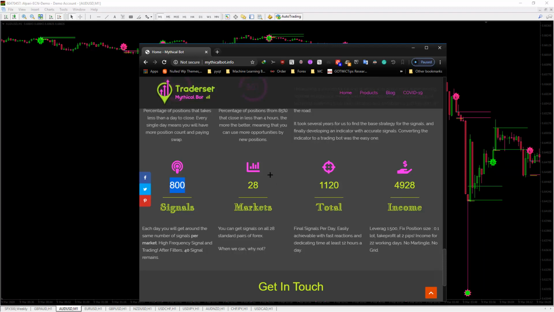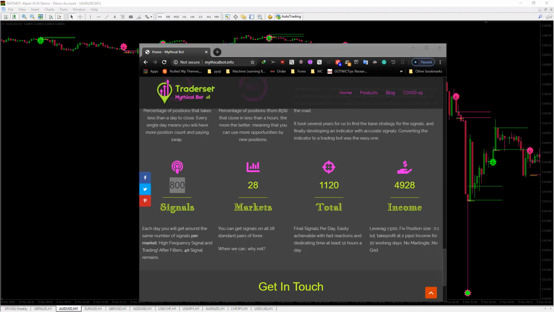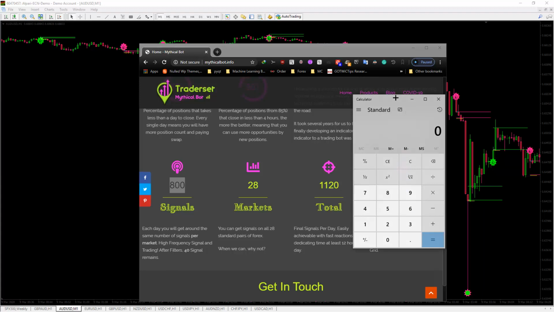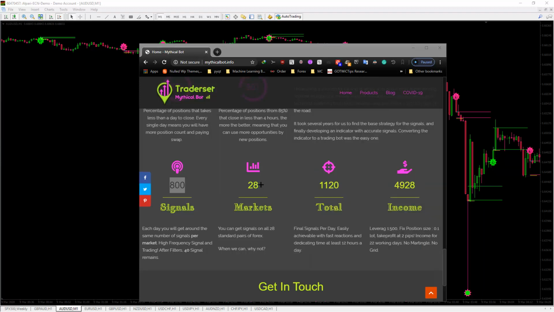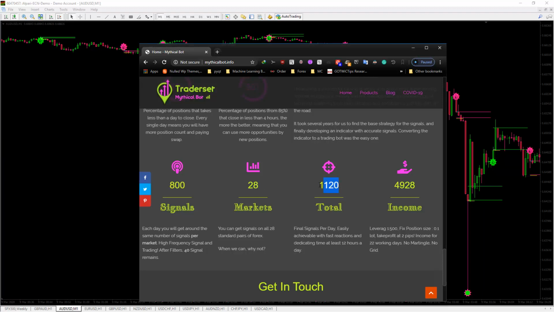So we will convert these numbers. I think it's about 100, so the proper value for this one would be, actually it's close this time. It will be about 112,